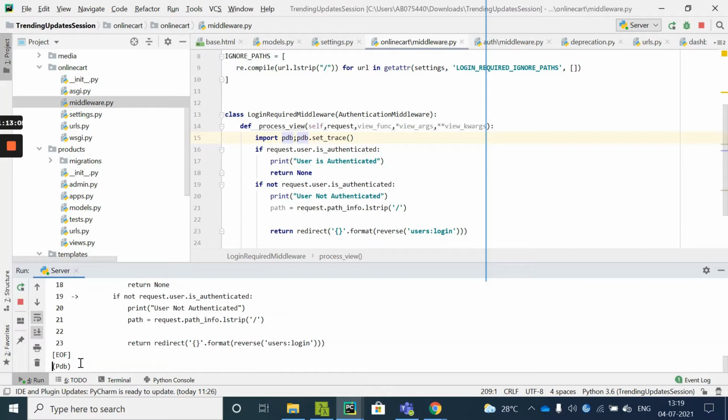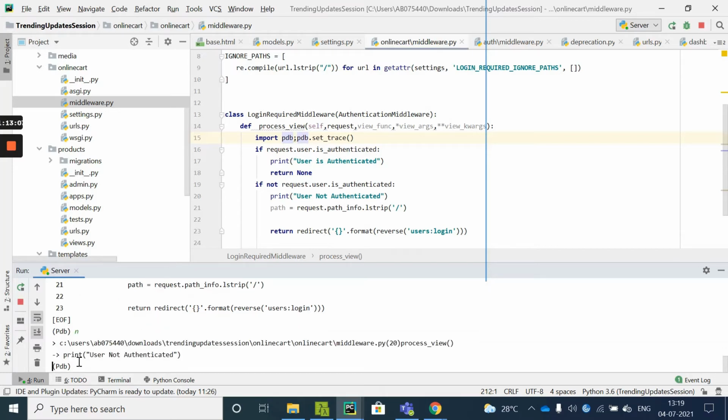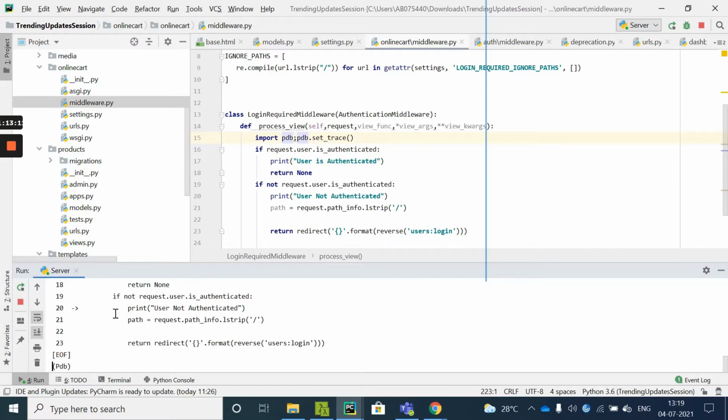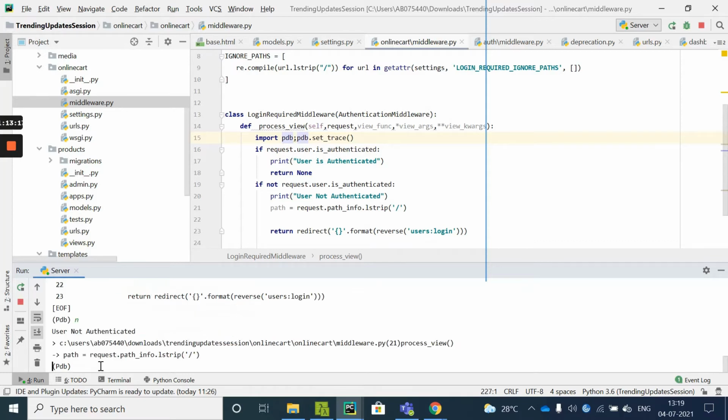Now see here, when I click next and say list, it passed this test properly and came to this line. It printed that user not authenticated.